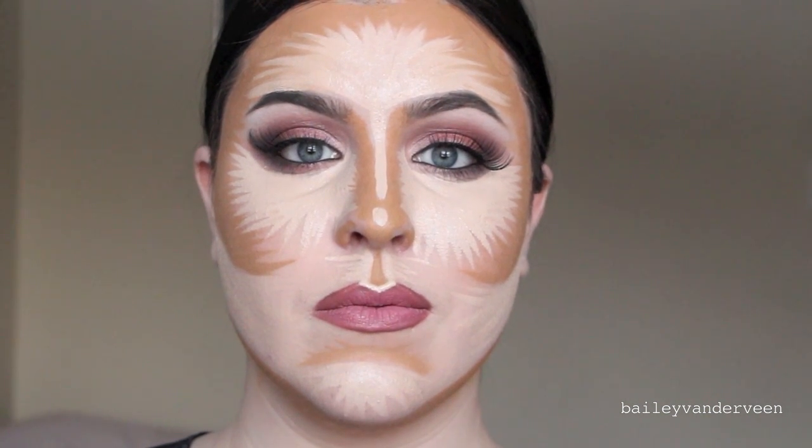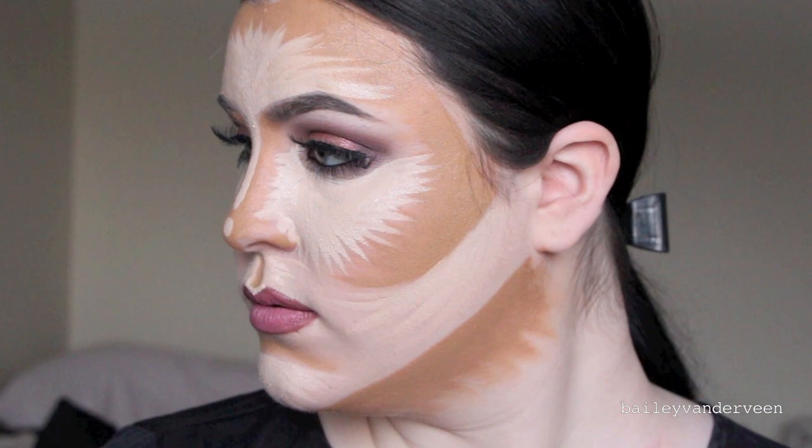Contouring is a play on light and shadow. You have freedom to change your face shape to whatever you want. Putting a lighter color is going to bring certain areas out, and putting a darker color is going to recede certain areas. Before I begin to change my face shape and be a magician for the day, I always make